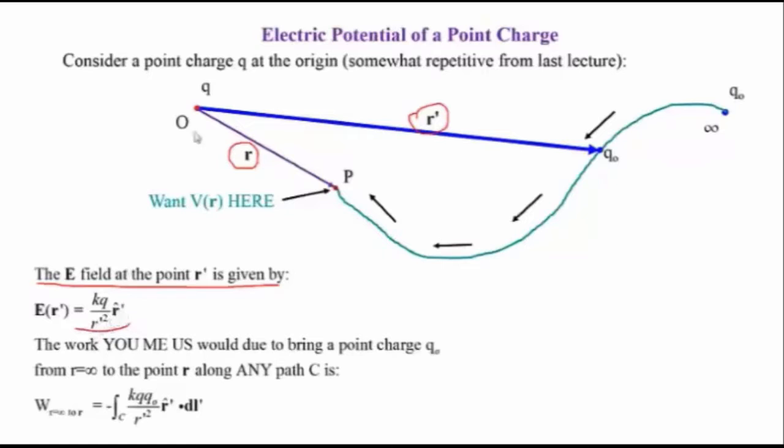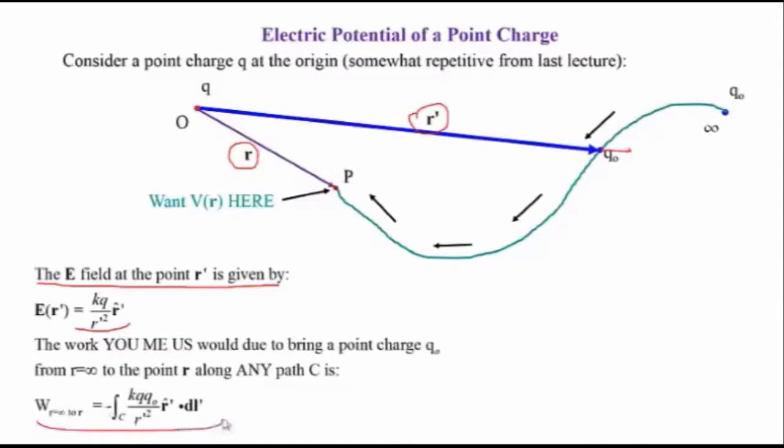Okay, so remember, this is the origin of the charge. That's Q. The vector between here and this point right here we'll take as r prime. The direction of the field right here would be in the same direction as r prime. So you might consider this as r prime hat. So the work done from getting from here along this path here, call it C,